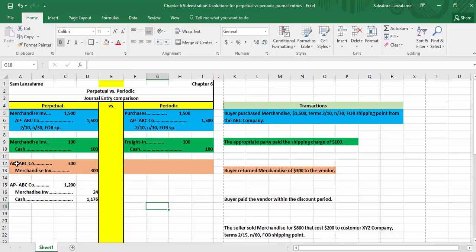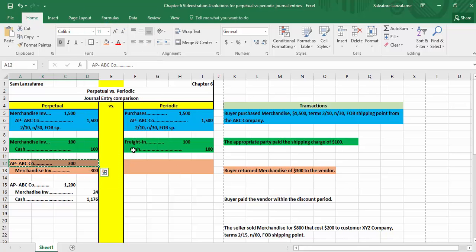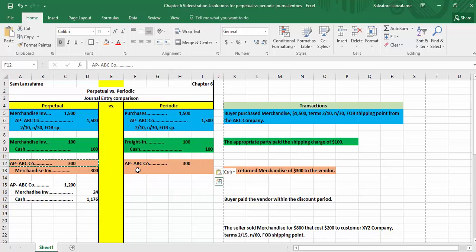So I will definitely debit AP, again, save myself a little bit of typing, but I'm now going to credit this account called purchases returns